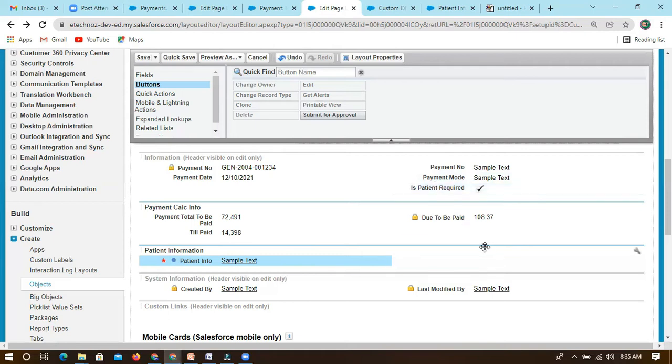Okay, let me repeat my question. There is a mandatory field. If we enable that mandatory field, that particular field will be visible for all the profiles, correct? Yes, exactly. So in the same object, I want to create a mandatory field, but it should not be visible to other profiles. It should be visible only to the system admin profile. Is that possible? No.